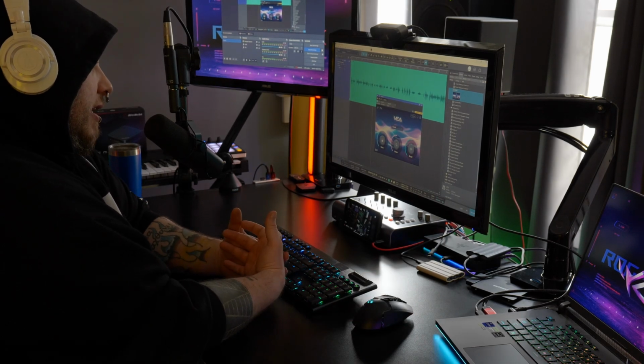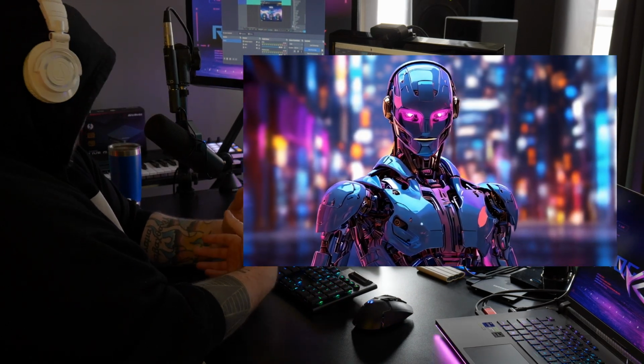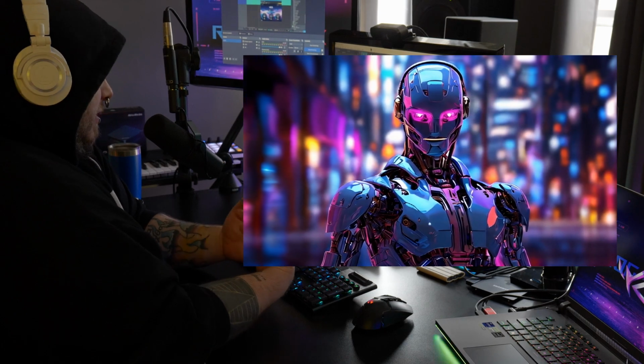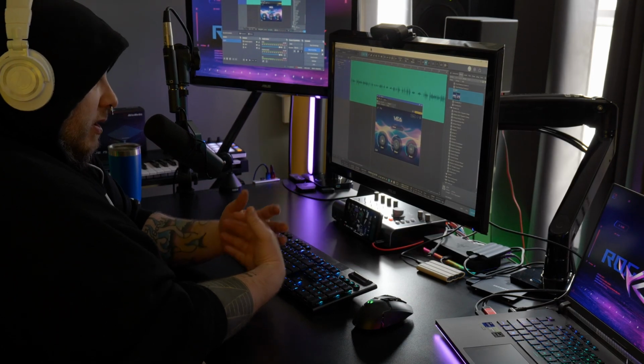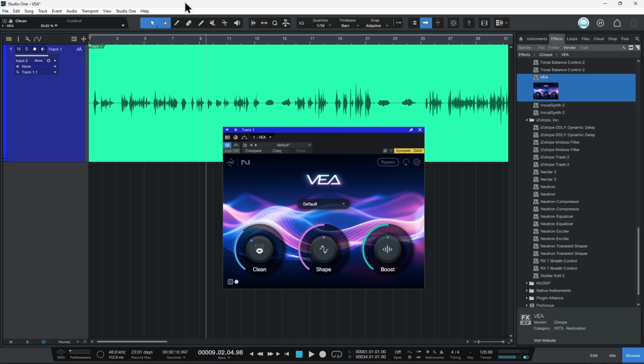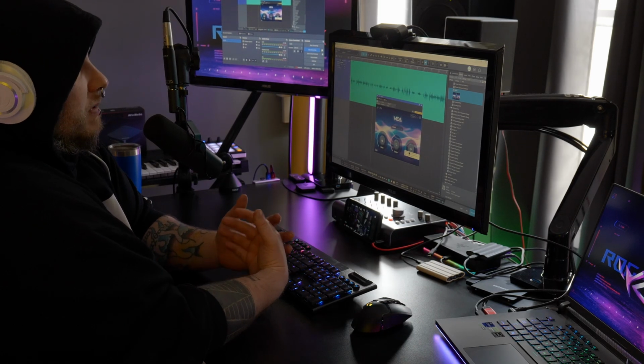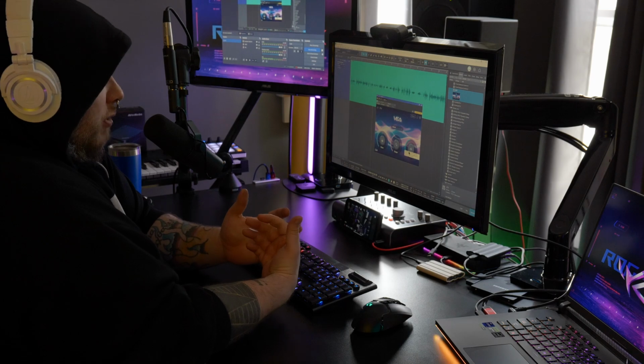that's all there is to it. So it analyzes the audio using AI and machine learning and compares it to a bunch of different spoken word podcast or whatever, and then sort of matches up your sound to that. So it's removing things like, again, background noise and weird vocal noises. It's doing shape, which is, think of it like your EQ, except you don't have to actually know what you're doing. And then boost, which you can think of as kind of your dynamics section or your compressor section,